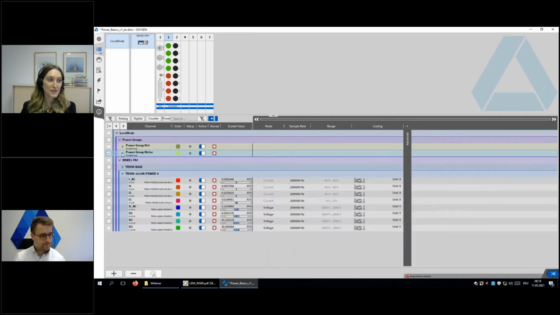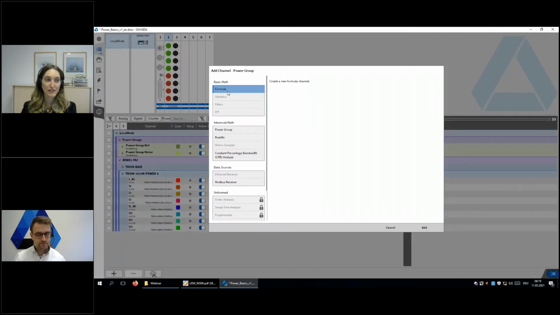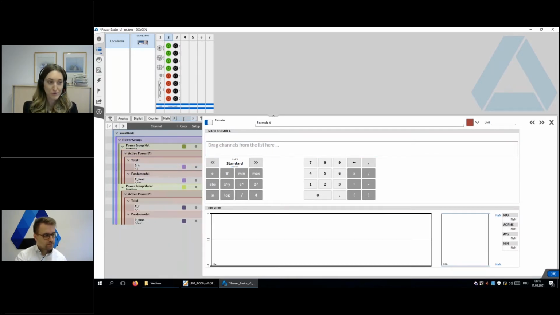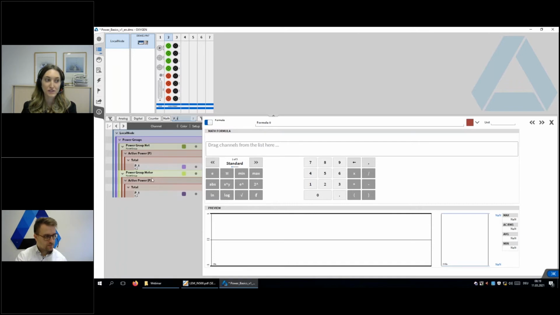channel settings again. I will add a formula by clicking on the plus. I choose the formula and click on add. Now I have a new section for a formula. And to calculate the efficiency, I need the power of both power groups, the total power. I just use the search field to get the right channels of both power groups. And then I simply